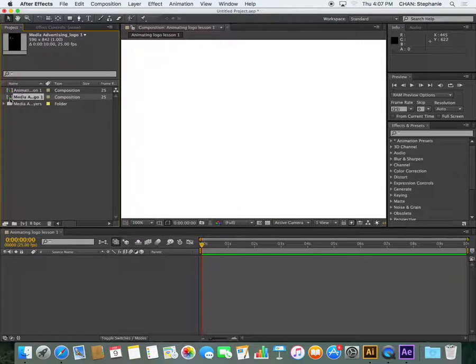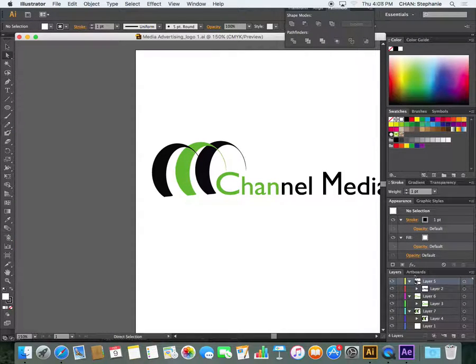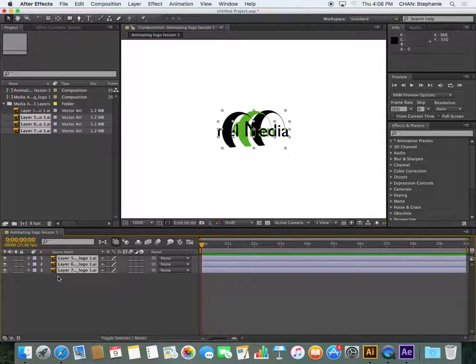And then it's going to automatically create another composition and also a folder with the layers that were in your Adobe Illustrator file. So if you remember here, this was my Adobe Illustrator file and I had all the layers here. Now that we have all these layers, I don't really need layer 1, but layers 5 to 7 for me were the logo and the letters. So I'm going to take these layers and drag them down to my composition. Here now they've separated all into different layers,